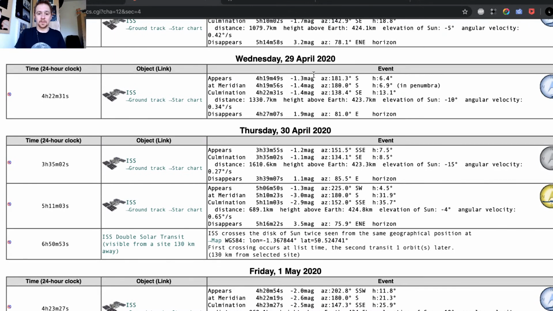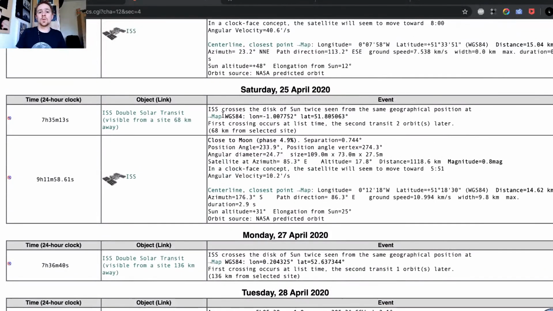other celestial object involved. So basically, it just shows you when it appears, when it's at the culmination, which means when it is at the highest point of the flyby. If it's an arc in the sky, then there's the highest point, how high it's going to be at that point, and then when it is going to disappear. So that's another way of dealing with the predictions.